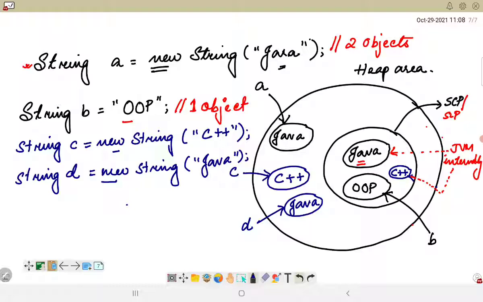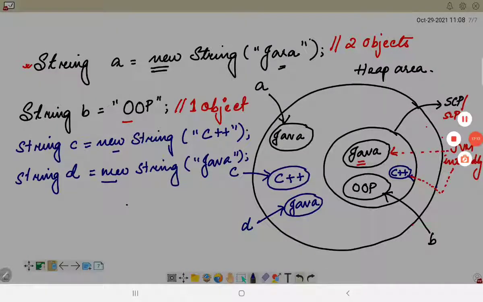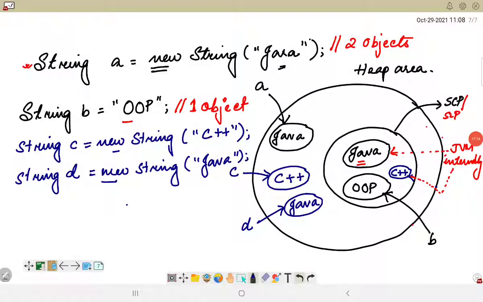Now however, if we consider this particular object creation in the string constant pool, it will no longer create any object inside the string constant pool, because it will directly match that it already has an object with the literal Java.